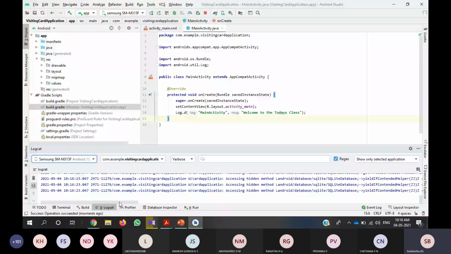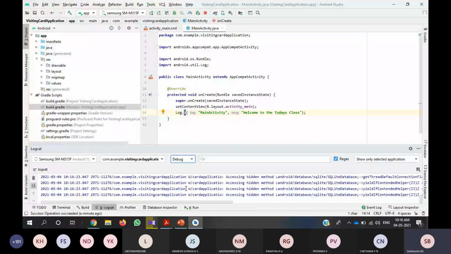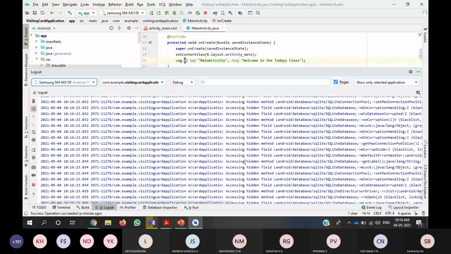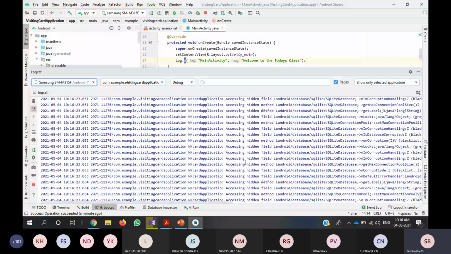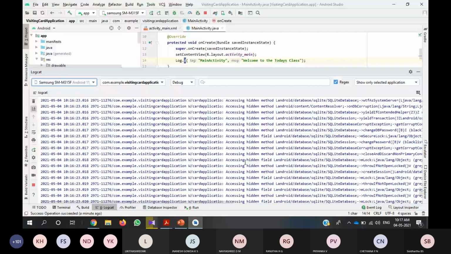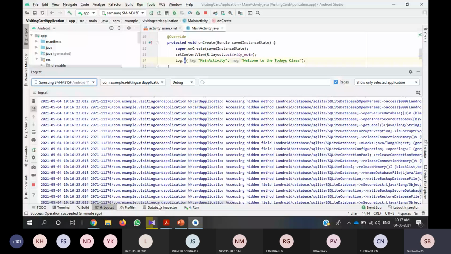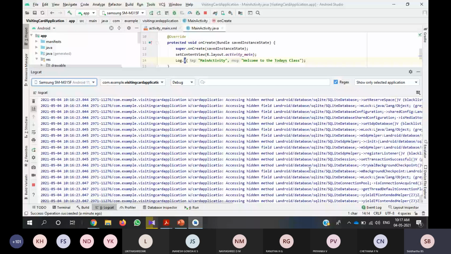See, I have given a message, Log.d, MainActivity, Welcome to today's class. How do you need to find it? What is this D? Debug. Verbose will give everything, but if you want to see only debug, you can take the drop down here, and if you click debug, you will get all the debug messages.